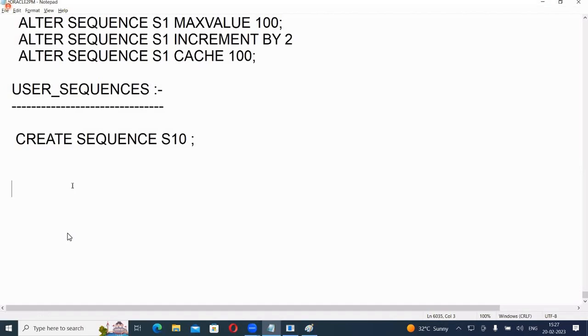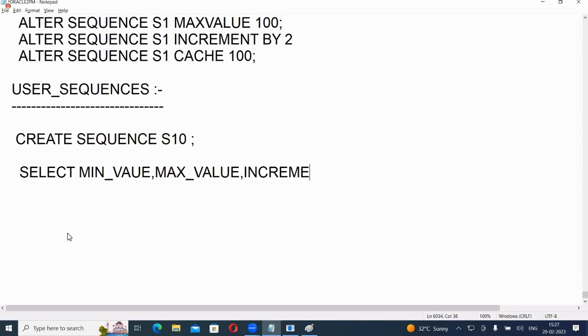Then you have to write the query like this. Select min value, max value, increment by, cycle flag, cache size